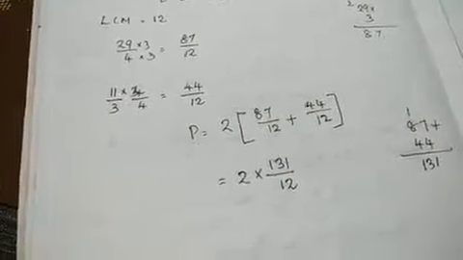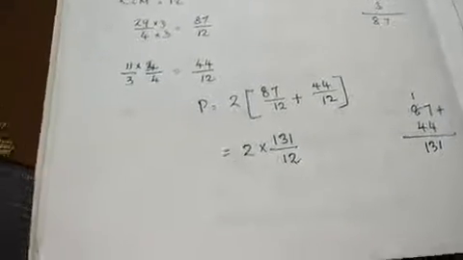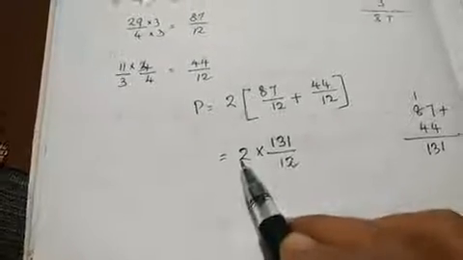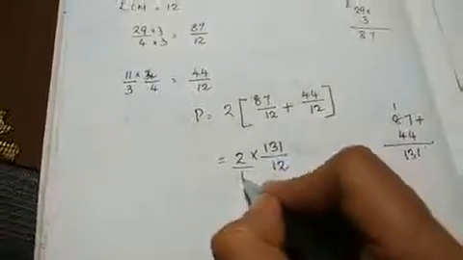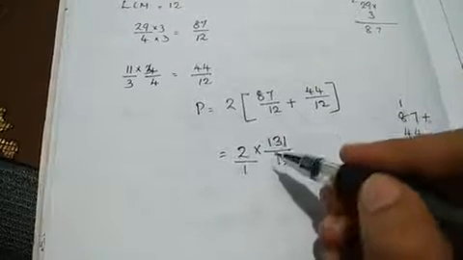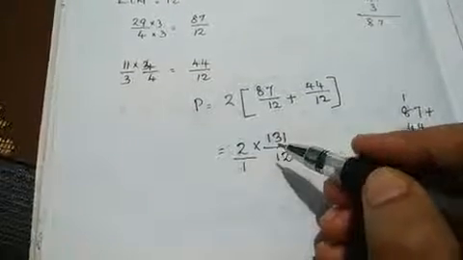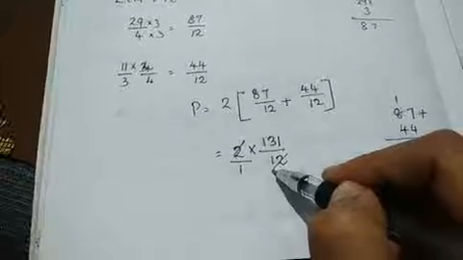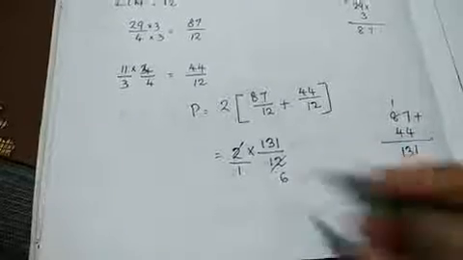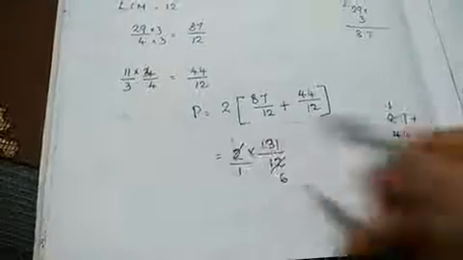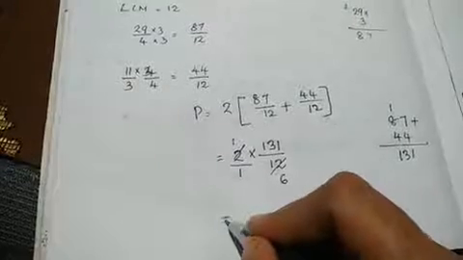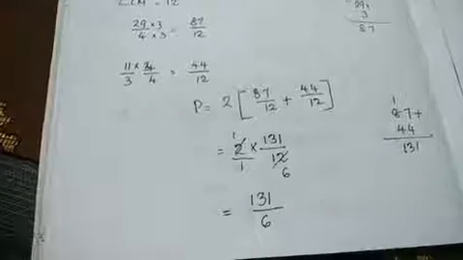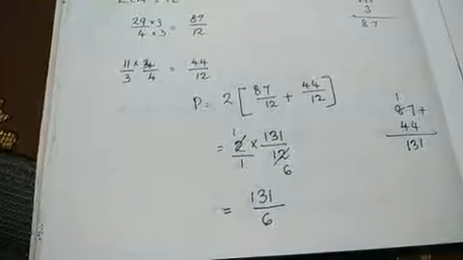2 into. Okay, when you remove the bracket, it will become into. So how will we multiply a fraction with a whole number? Denominator is 1 and we will check the possible cancellation. Okay, so 2 and 12, we can see 2 is a common factor. So in 12, 6 2's are there, into 1 2. Okay, now there is no cancellation possible, so we can write 131 divided by 6.